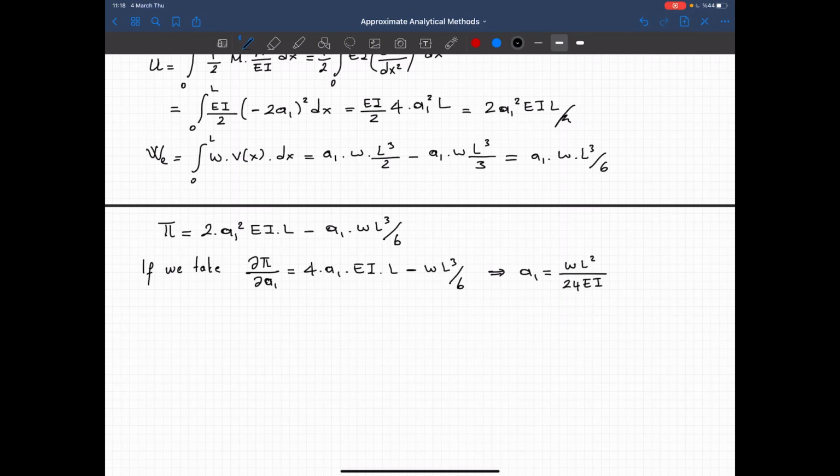Okay, so as you see, we get the value of A1, but really what is the physical meaning? We don't really care actually. We just put it into the displacement interpolation, the displacement field, and that will become equal to W L to the power 4 over 24 EI, x over L minus x squared divided by L squared,